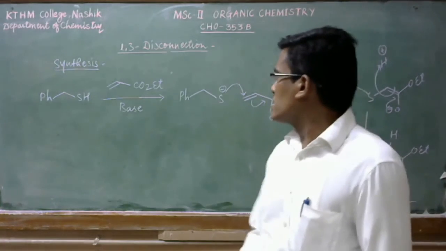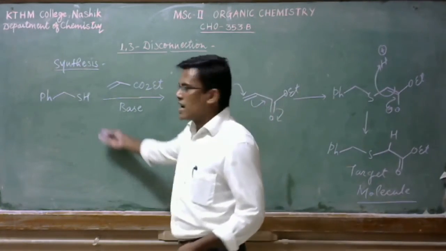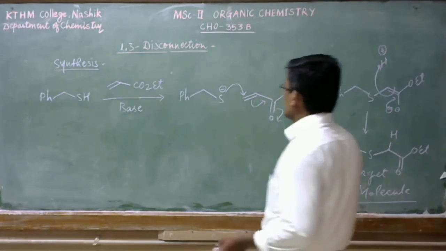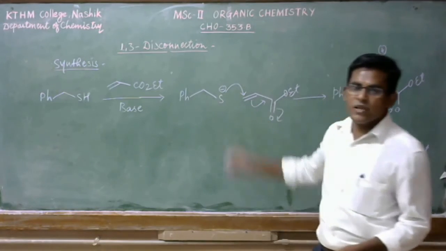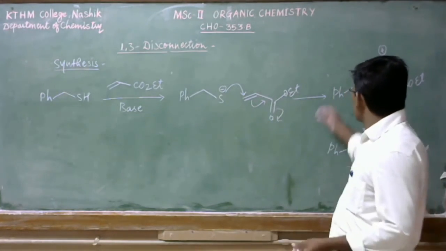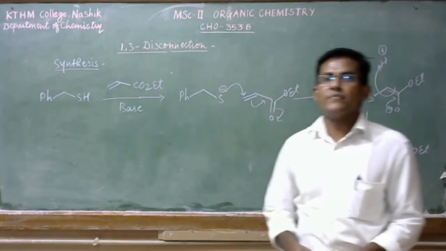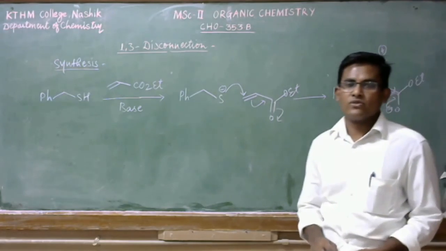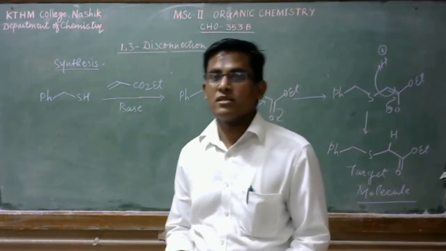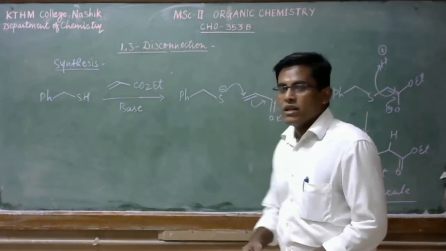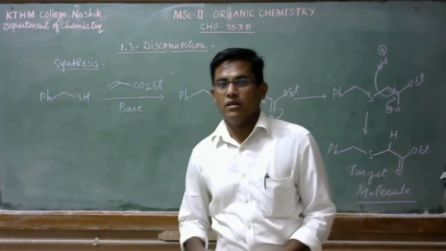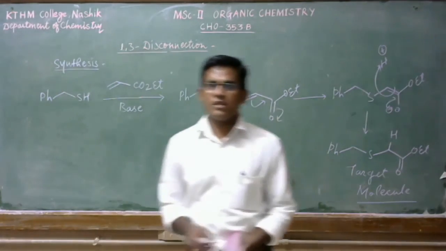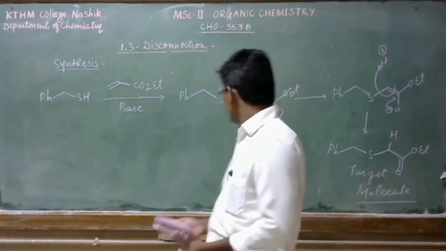So when this thiol reacts with base, that base will abstract that proton, and this anion will attack at this beta position to generate this intermediate. After protonation, we will get this product. So this is how we can achieve the synthesis of this electron withdrawing, meaning carbonyl group containing, thioether. So let us have another example in this connection.